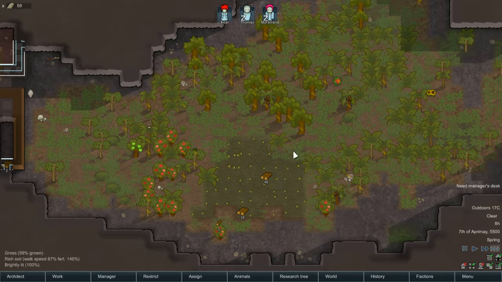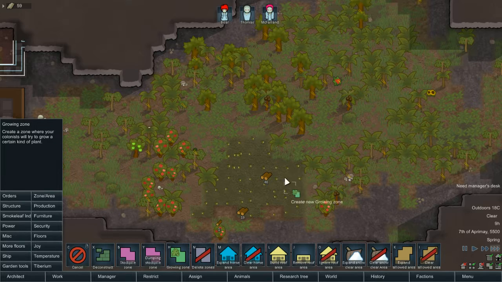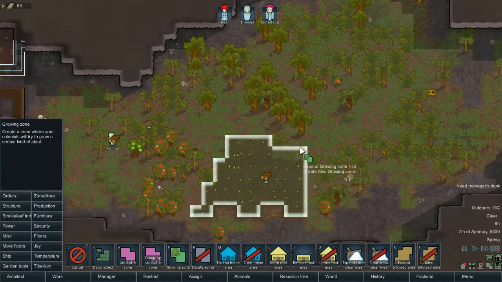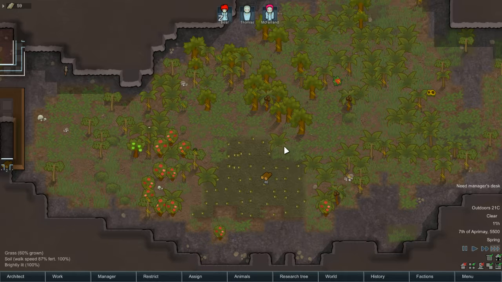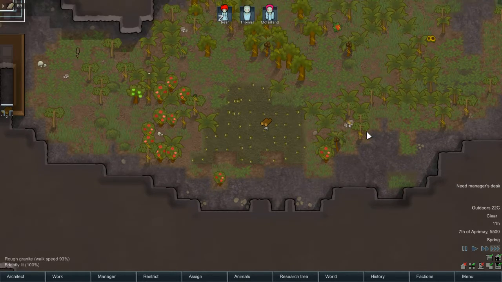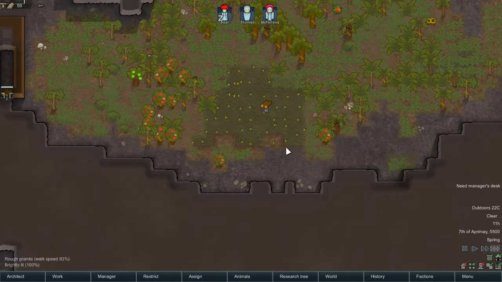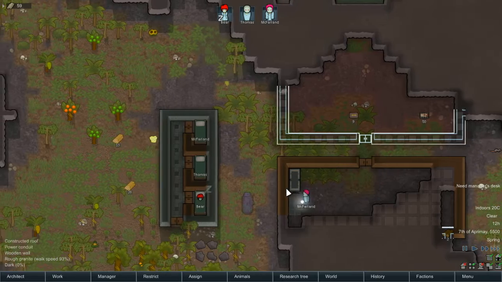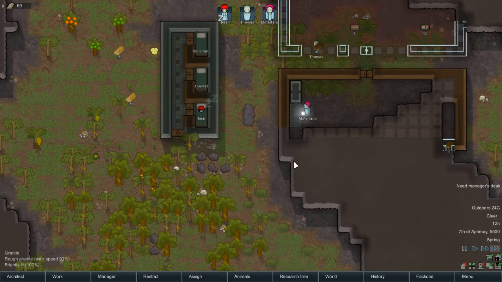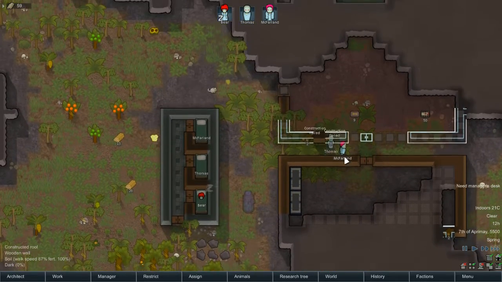Okay, so there's just a line of rich soil right here. How about here? There's also some rich soil. Let's get that going. Alrighty then. The batteries are in, the conduits are in, and...